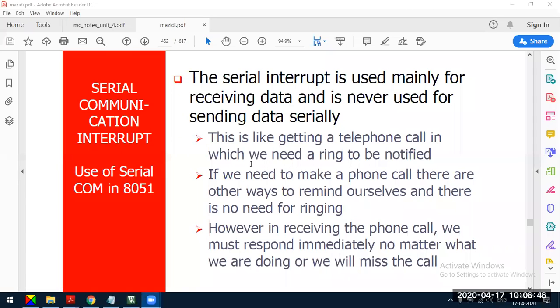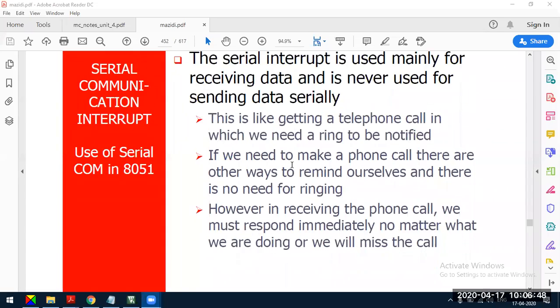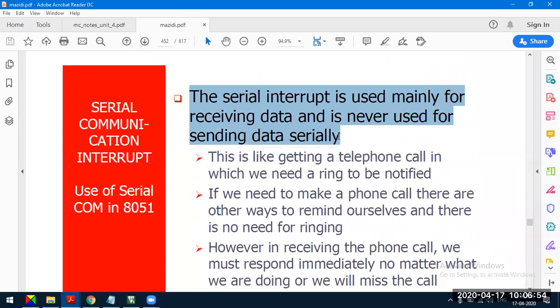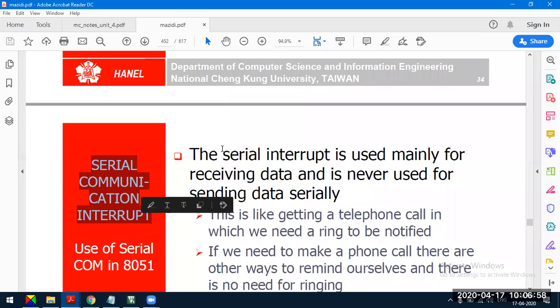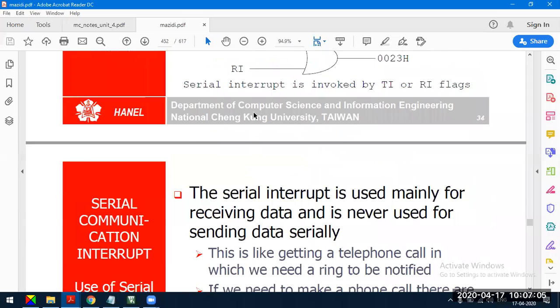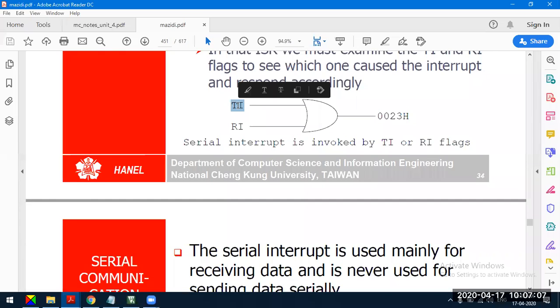So the serial interrupt is generated because of the TI and RI flags. One more important point is for what purpose we use the serial communication interrupt. Is it for transmission or for receiving? When we are sending, we know when we are sending, so we need not be interrupted for transmission.